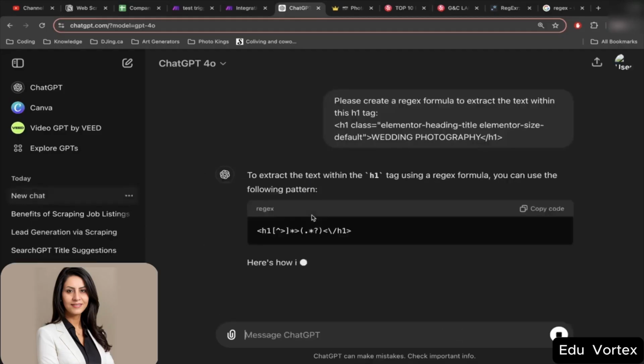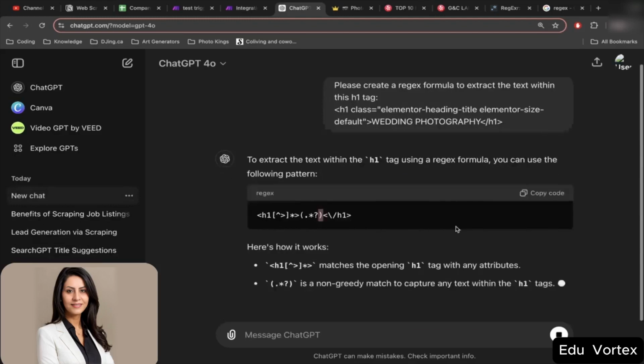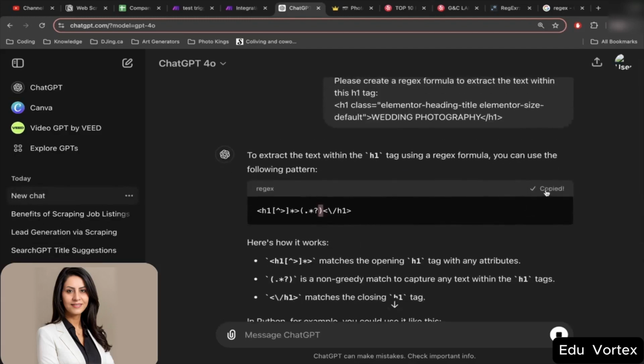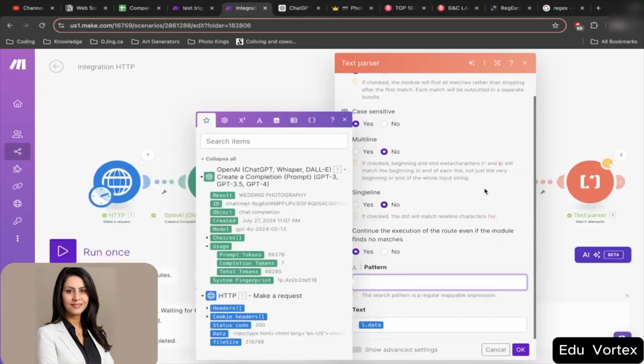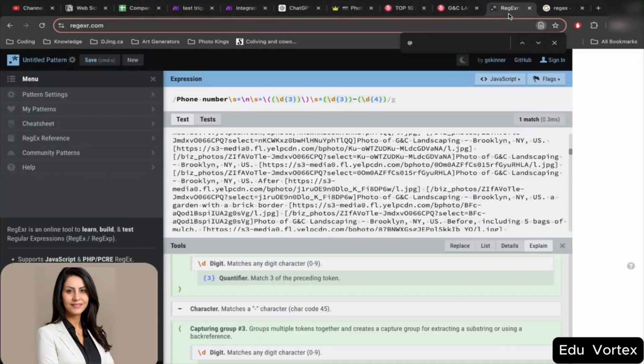And then it will come up with a pattern here. So here's the pattern, and we can just go ahead and copy this pattern over here, and paste it in here. Now, if you guys want to learn more about regex and all that kind of stuff, you can go over to something like